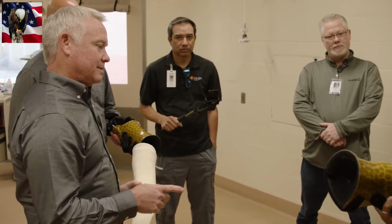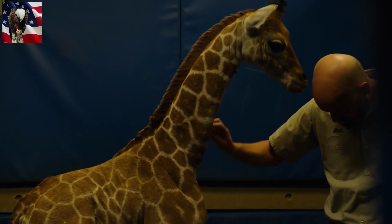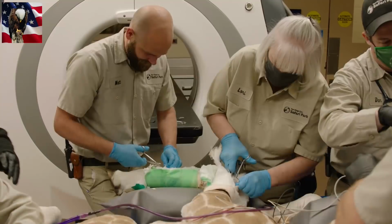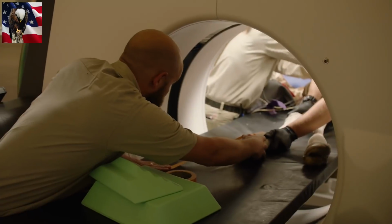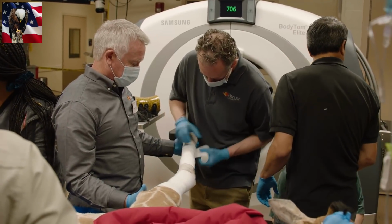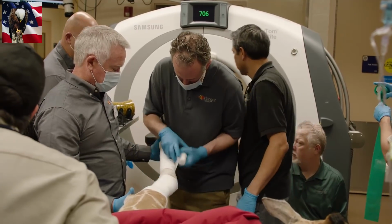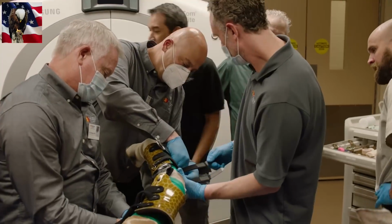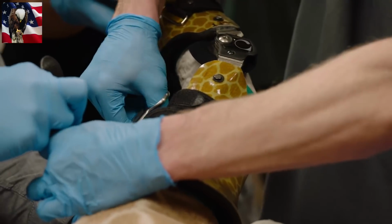What's nice about these is they're thinner. I was gonna say this. I might switch to the other leg if it's not going to be a real